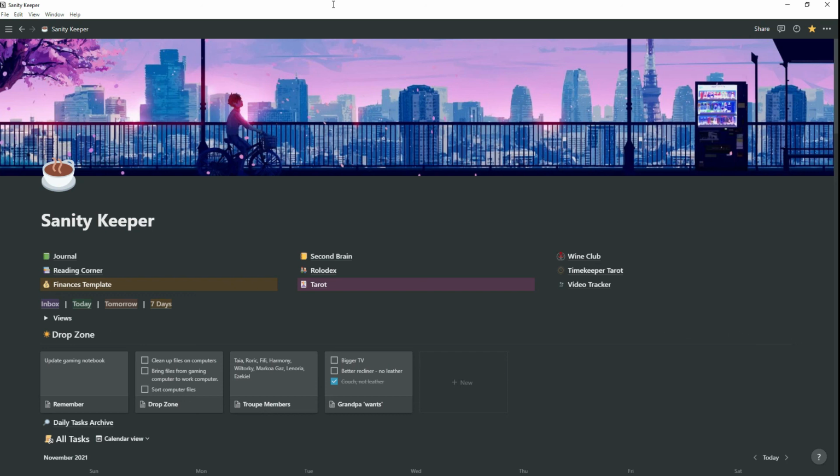Yeah, so this is me and my Sanity Keeper, and I'll tell you what, guys, I have used this for 4 months and it has helped me out so much, and I absolutely love it. I'm hoping that I'll keep sticking with it, because what I was doing before was using a bullet journal, and my bullet journal got so intensive, with all this stuff that I was trying to track, that I ended up carrying a giant brick, and I couldn't do it anymore. What I really do love about Notion is that it's mobile. You can open it on a web browser, you can open it on your phone, and this is my desktop app right here. So it's really good, y'all.